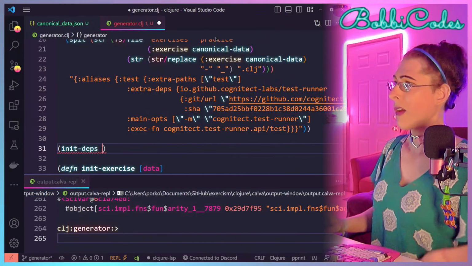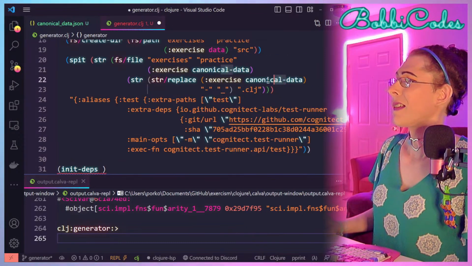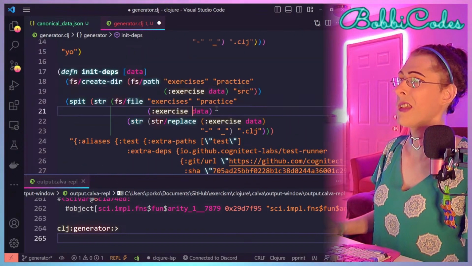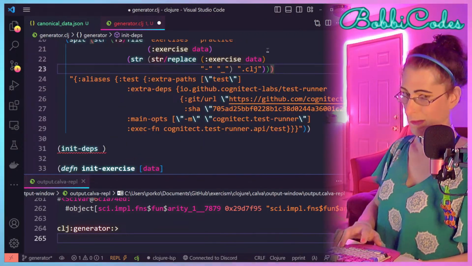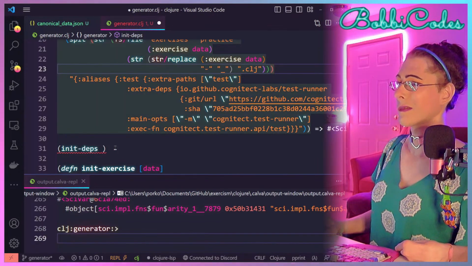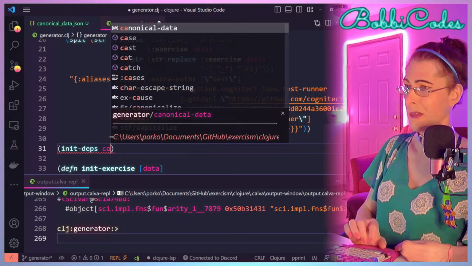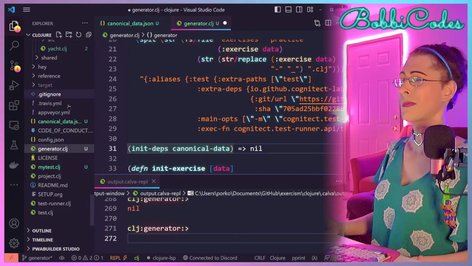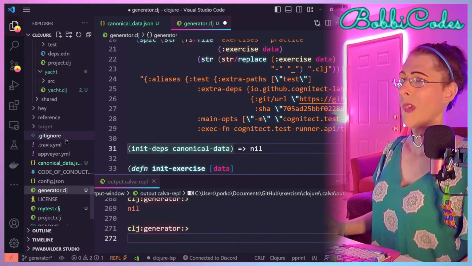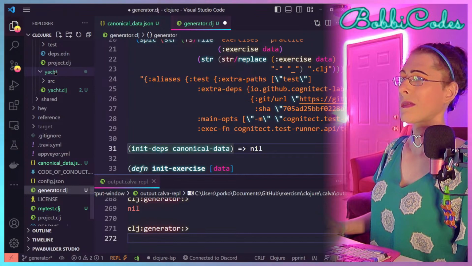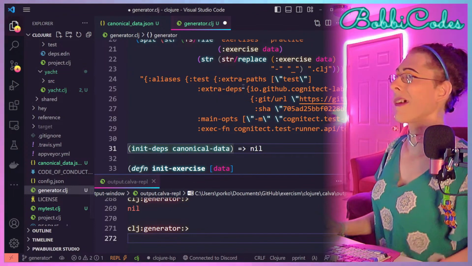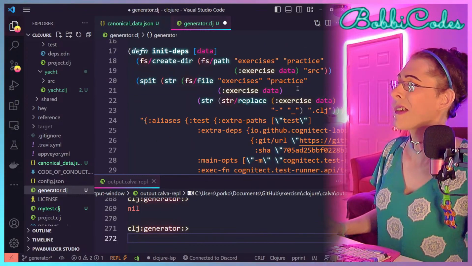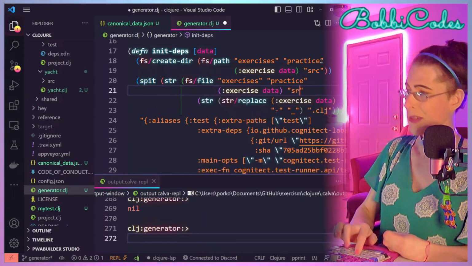init deps. Oh, you know what? Not canonical data, just data. And then this is going to say canonical data. Oh. Well, it created the directory, but yeah, we need to put it in the directory. So let's say src.